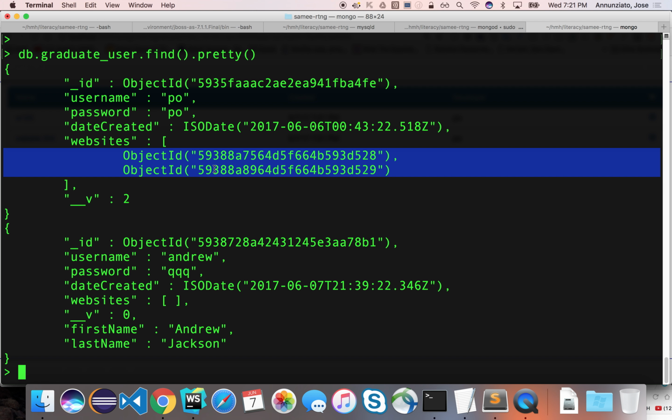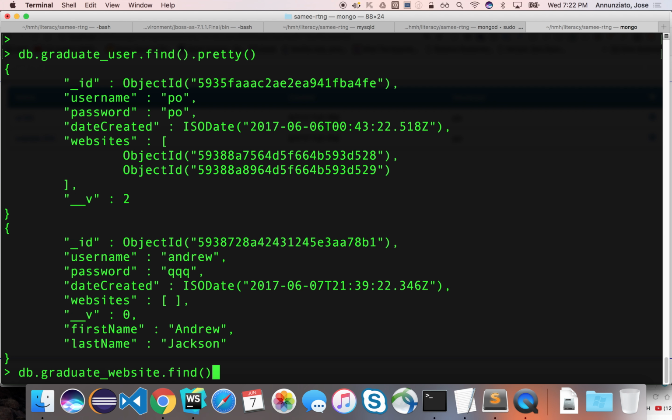So we could navigate 2 ways, right? From the parent, we could navigate and see who the children are, or from the children, we could navigate to the parent. So we have a 2-way reference, from the parent and children referencing each other, right? Almost like a doubly linked tree. It can be navigated in both ways. And same thing, the brand new website that we just created, right? We can say